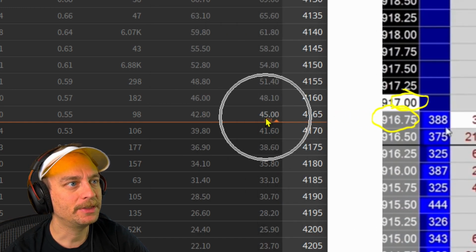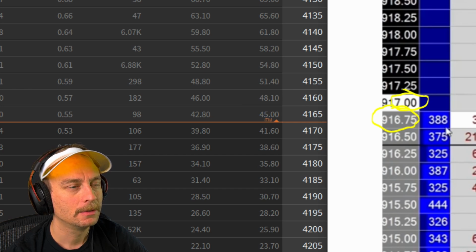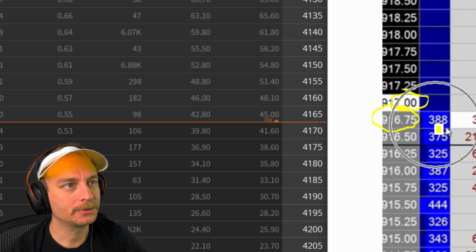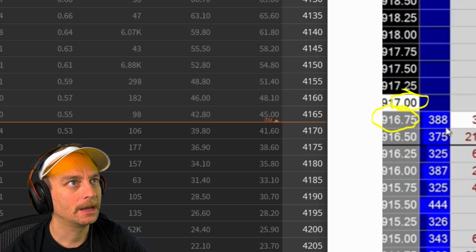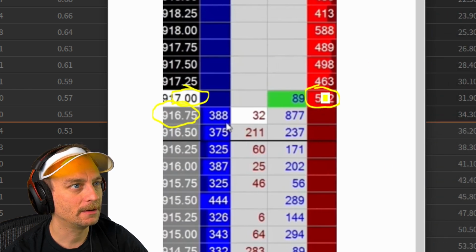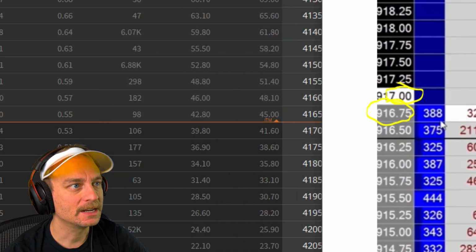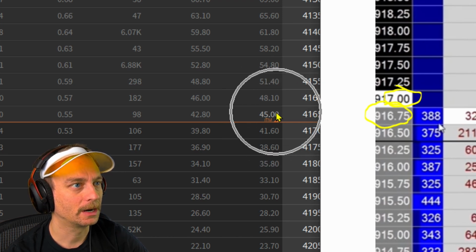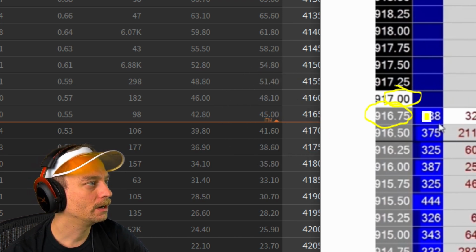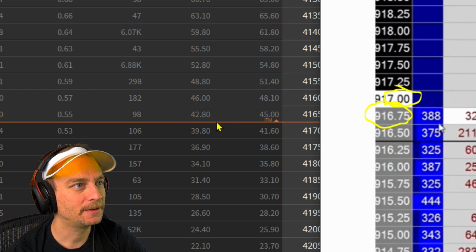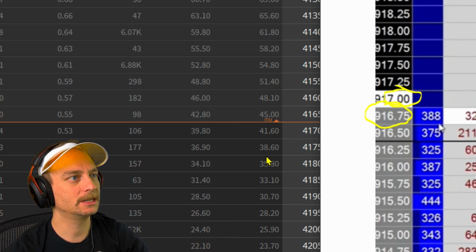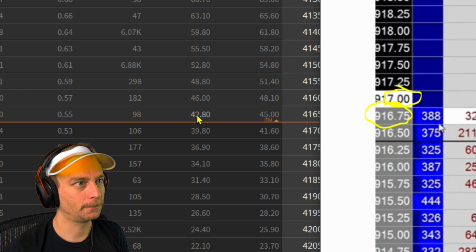It is the same thing as this 45, okay? Same thing with this 388 on the DOM. So that 522 right there, that's an offer. This is the offer right here. And then over here, this bid at 1675 with 388 contracts sitting there, that's the same thing as this